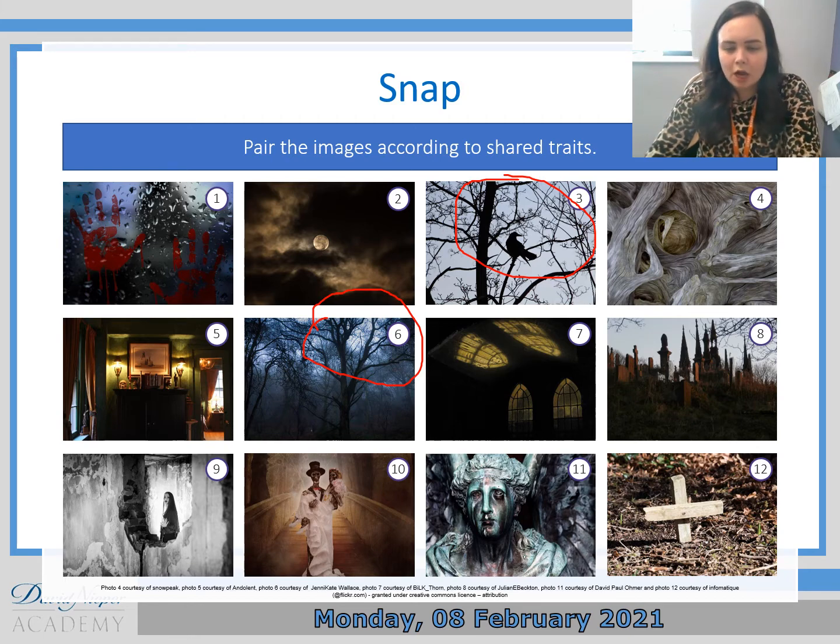So I'd like you to have a go at that. Obviously, I know some of you won't be fortunate enough to have a printer at home, or it might be difficult for you to print things out. So that's why there's numbers on the pictures. So you can just write the numbers down in your book and then explain why you would match them up, okay? So it's a little bit of a game of snap, really. And I'll also make sure that my head's not in the corner so you can't see picture number 12.